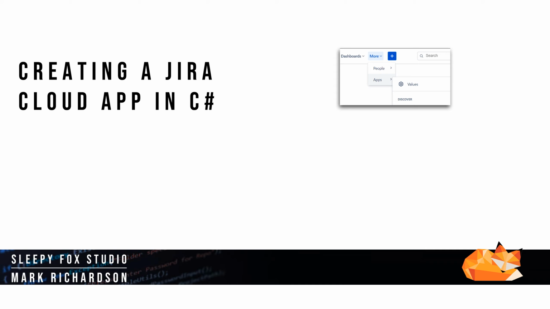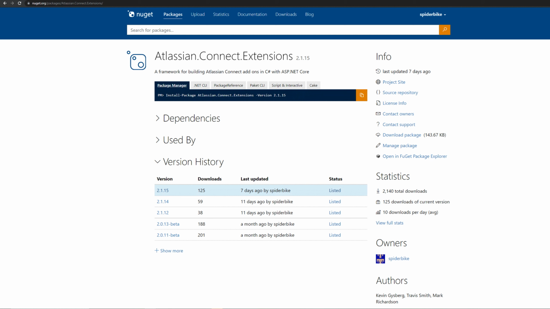Today we're going through the steps to create a Jira Cloud app using .NET Core, and we'll be using the Atlassian.Connect extension package. This package is the work of several people, but previously the main contributors have been Kevin Gisberg and Travis Smith. All of the work is open source and available on Bitbucket, and the links are in the